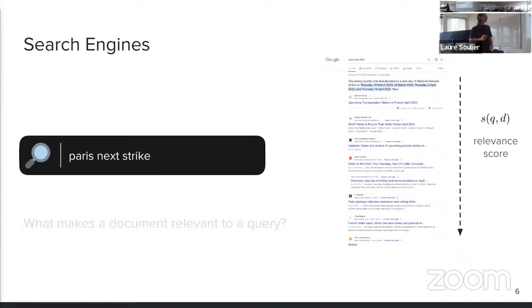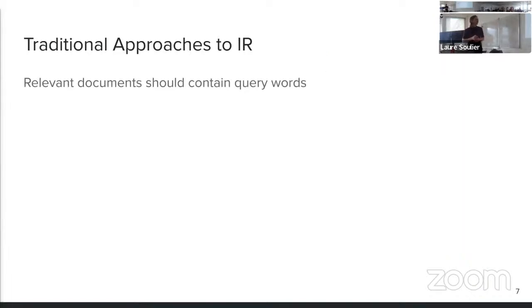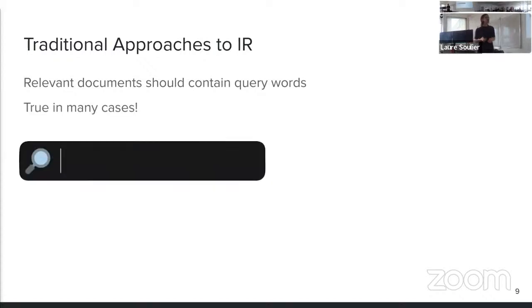In this thesis, we are interested in what makes a text document relevant to a query. Traditional approaches to IR rely on the hypothesis that relevant documents should contain query words. And actually, this is quite a reasonable assumption. If we look, for instance, at this query from the TREC Deep Learning dataset, the user is looking for a person, apparently an American sea captain.